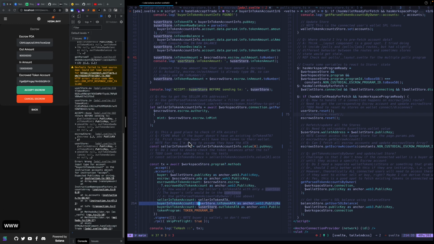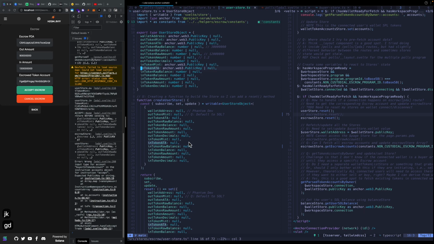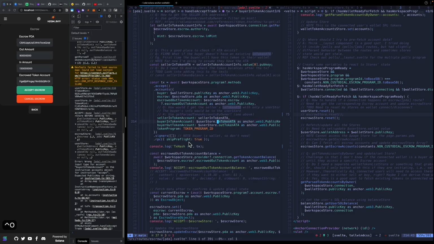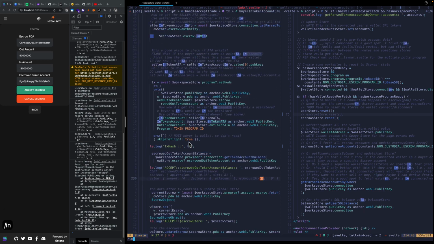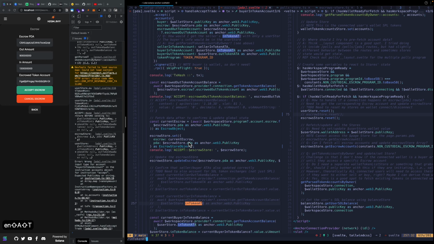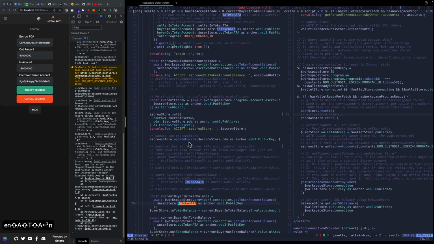The user in token ATA. That's right. Okay. So we have addressed the escrow to a degree, but this in token ATA is